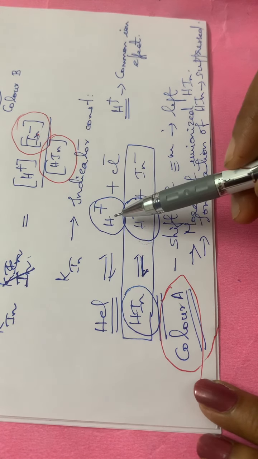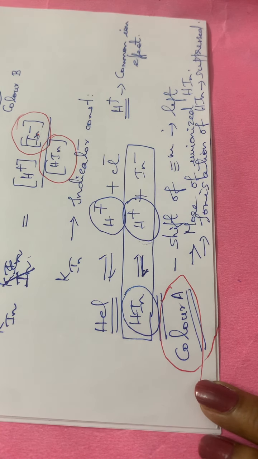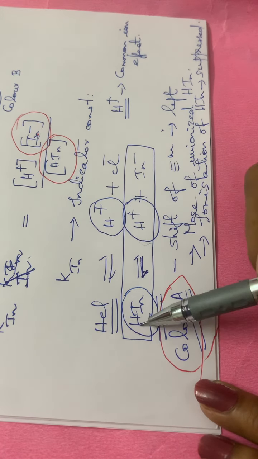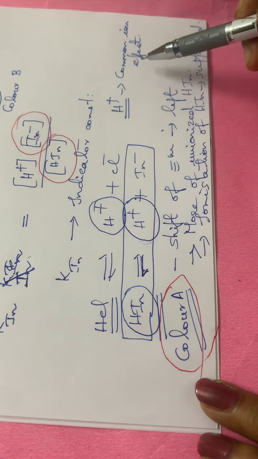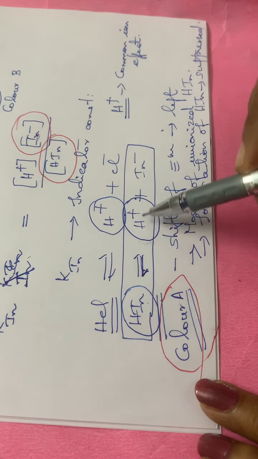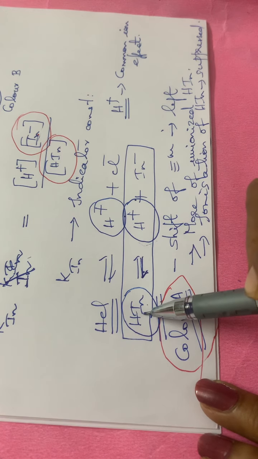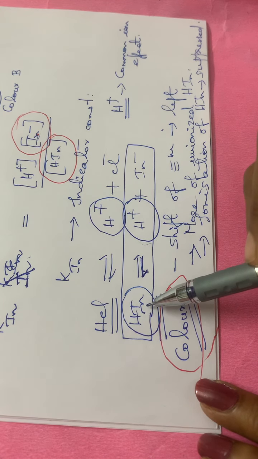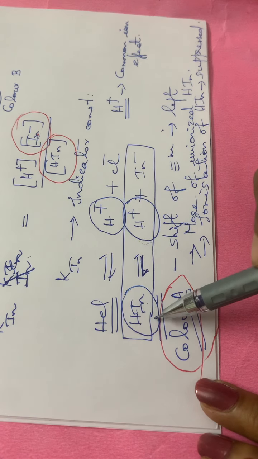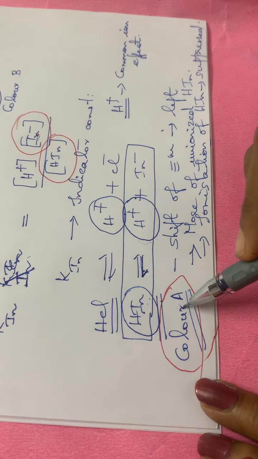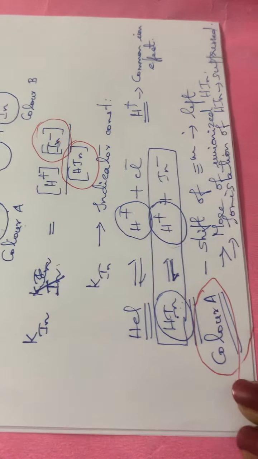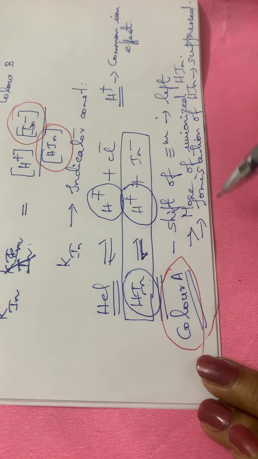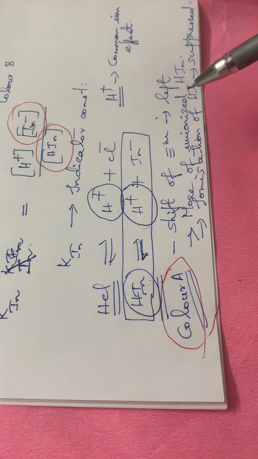Okay, so if we are having an acidic solution, and to that acidic solution we are adding an indicator HIN, the hydrogen ion H plus will be in common. So the common ion effect will be acting, and this equilibrium will be shifting towards the left. That means more of unionized HIN will be present, or the dissociation will be suppressed, and therefore we will be having the color A of this HIN molecule as per this theory. Thus we will be having color A if the weak organic acid indicator is added to an acidic solution.